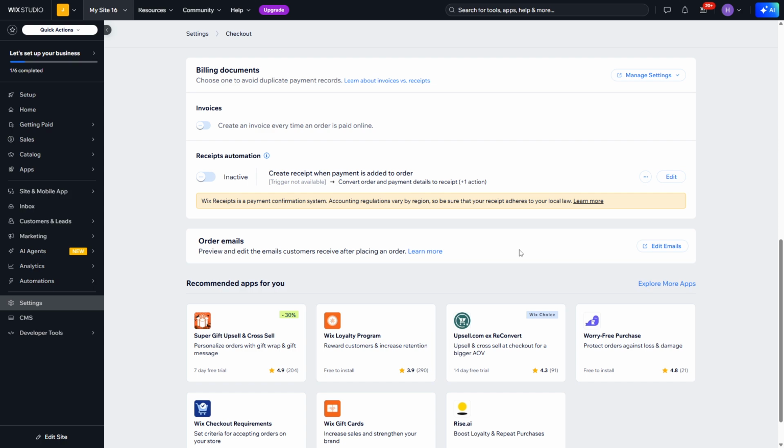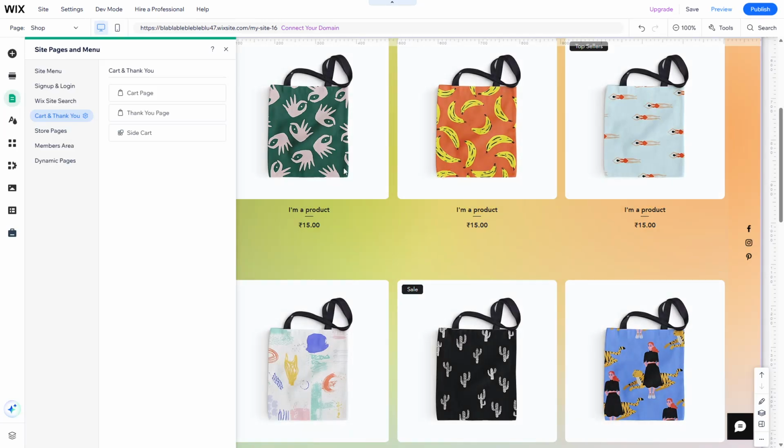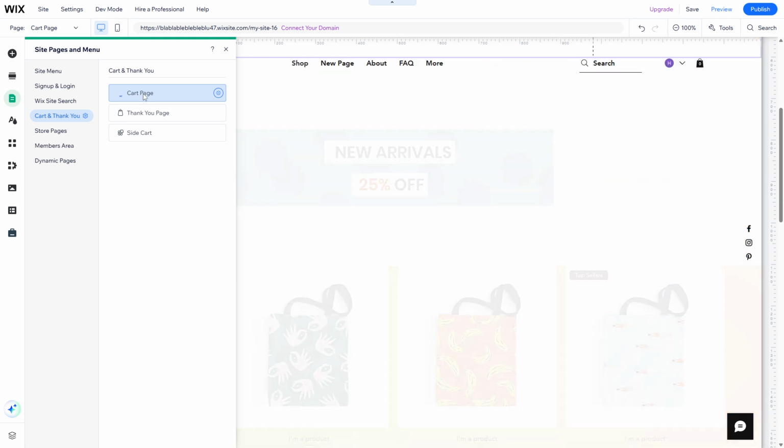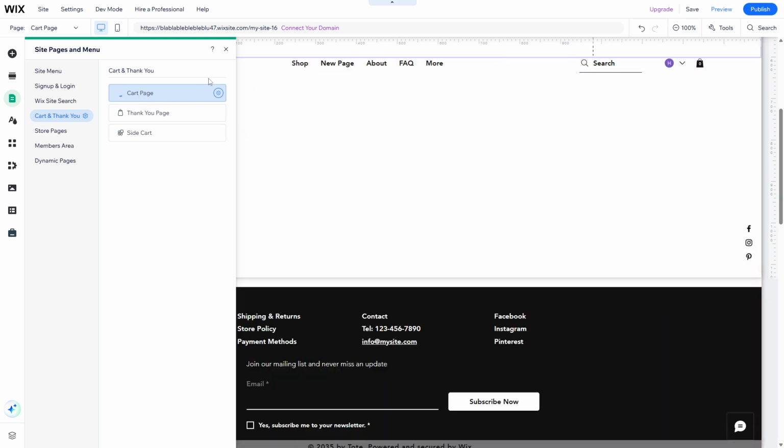Finally, let's talk about the cart page and the Add to Cart button. To customize these, go to the cart page in the Wix editor. When you click the cart element, the Settings tab will offer you design options. Here, you can tweak text colors, fonts, and alignment for various elements to ensure a cohesive and visually appealing customer